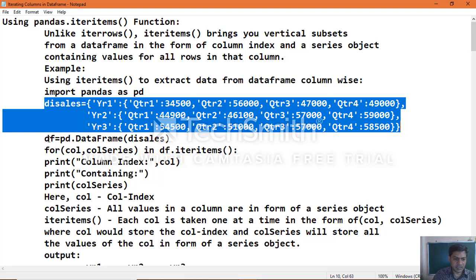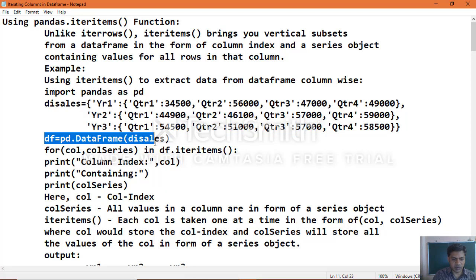Then create the data frame object and pass the dictionary object. Then use the loop to iterate over the data of the data frame object. Iterating is nothing but executing a particular statement and extracting the data continuously until it completes all the rows or columns. Here the statements we print are the column and the column series.